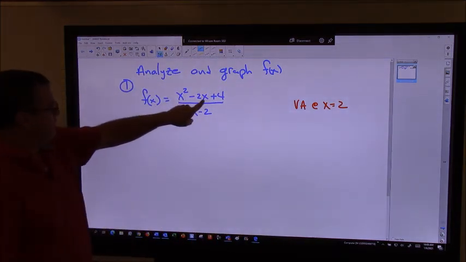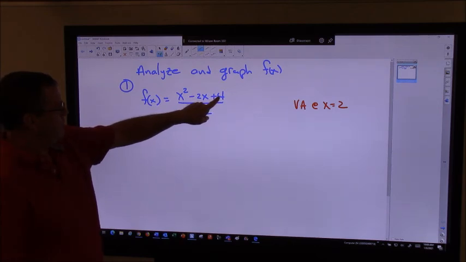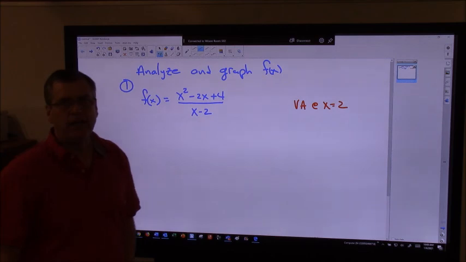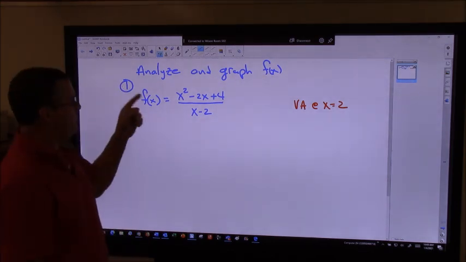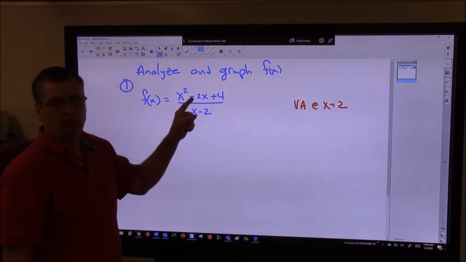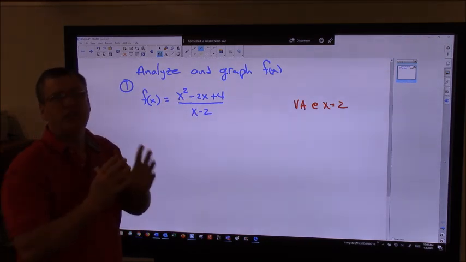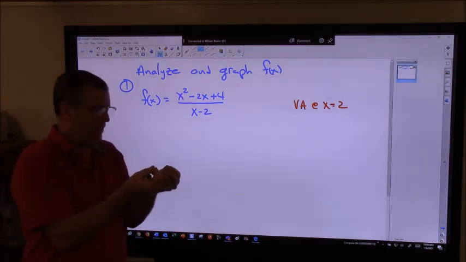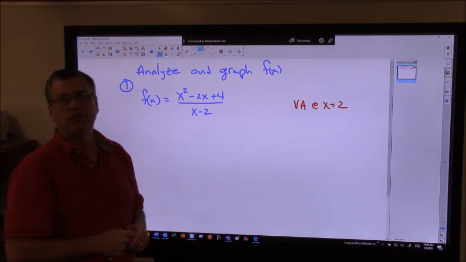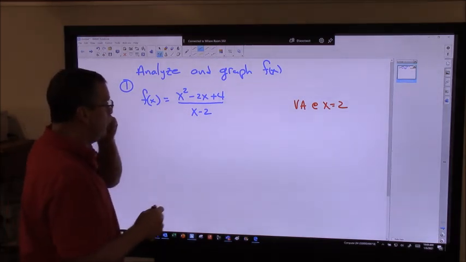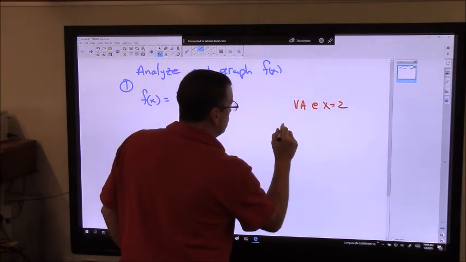I don't believe this factors, because two numbers you multiply to get 4 and add to get a negative 2, I don't think that's going to work. That doesn't mean that there aren't any zeros for this function. What it means is I would probably have to do the quadratic formula to find those. They're going to be some decimal number. Okay? So I still may want to do that just so it's another piece of information that I have for my graph. Okay? So if I was looking for the zeros,